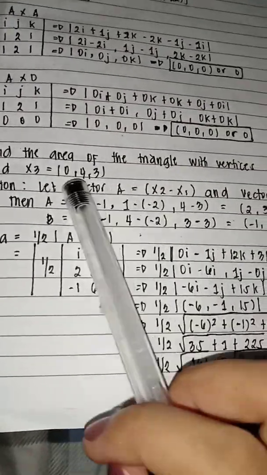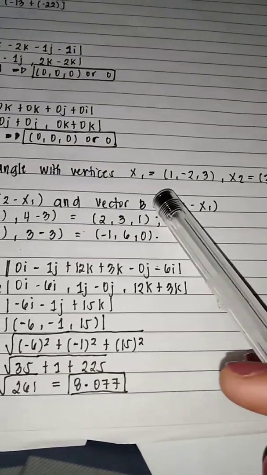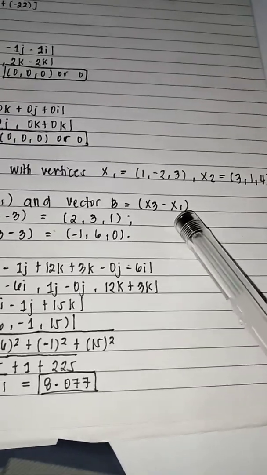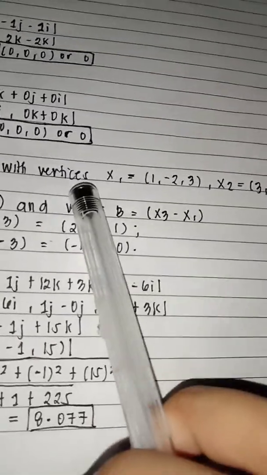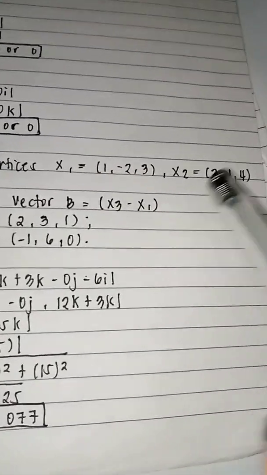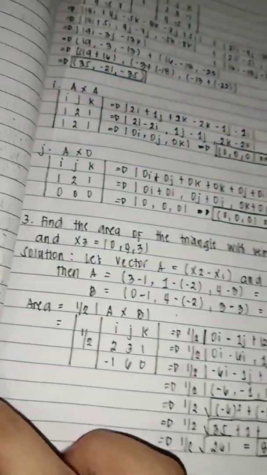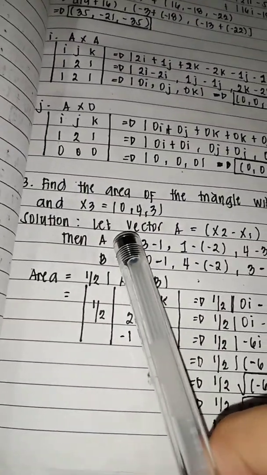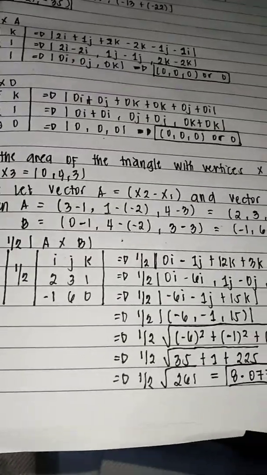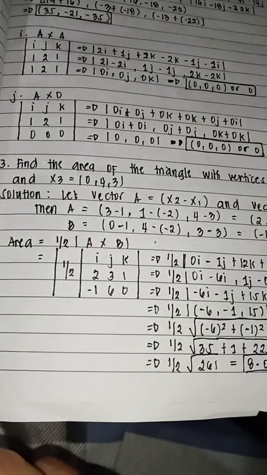The word problem here is: find the area of a triangle with vertices x sub 1, x sub 2, and x sub 3. The value of x sub 1 is 1, negative 2, 3. The value of x sub 2 is 3, 1, 4. And the value of x sub 3 is 0, 4, 3. So to find the area of the triangle with the vertices, the solution for this is